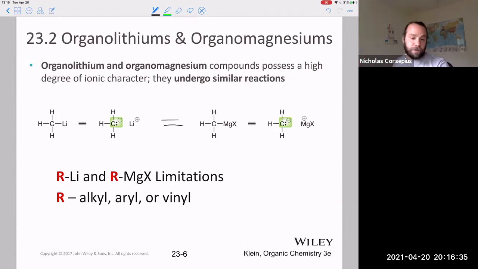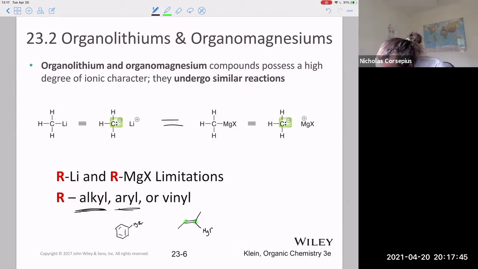One of the things that we haven't explicitly talked about are the limitations of what can be on a Grignard. It turns out that the other part of a Grignard can be an alkyl group, an aryl group, meaning that it can be directly attached to a benzene ring, or a vinyl group. So remember, vinyl refers, if we're talking about an alkene, the vinyl carbons are those right there. So a vinyl Grignard would be something like this. It sounds like it's kind of restrictive. It's actually pretty